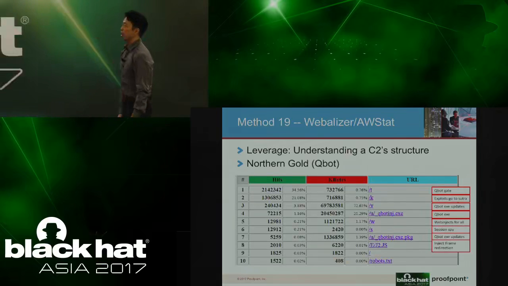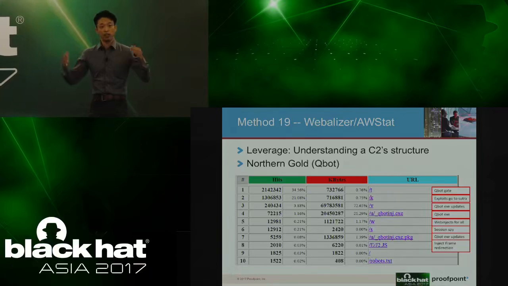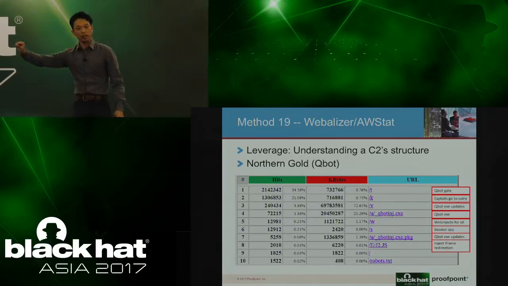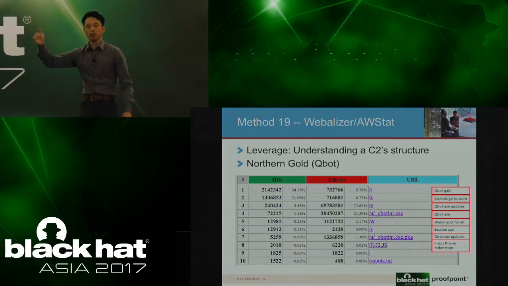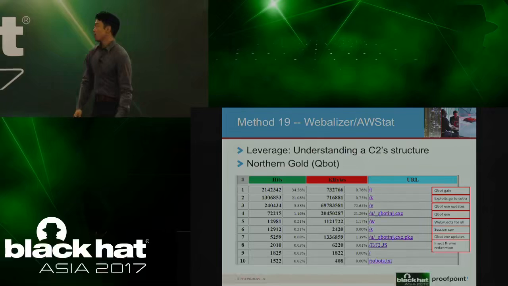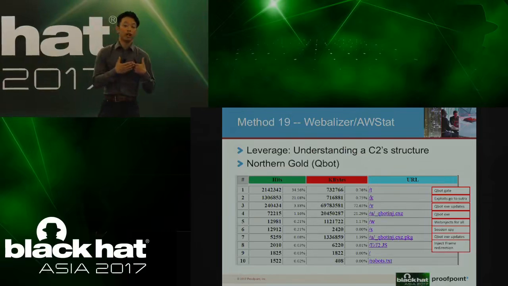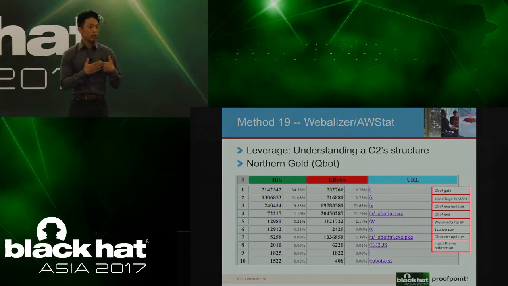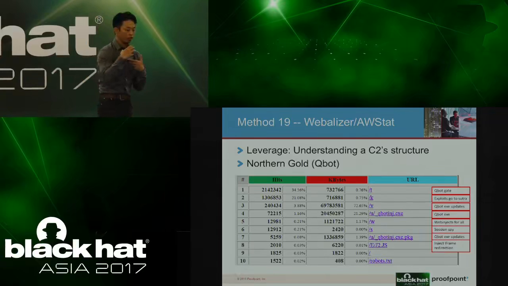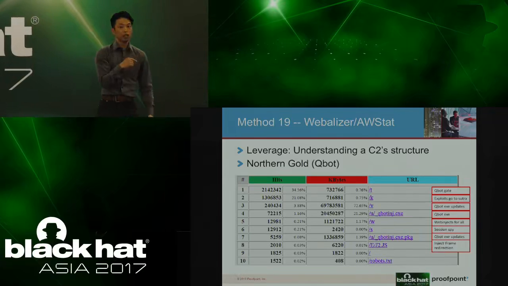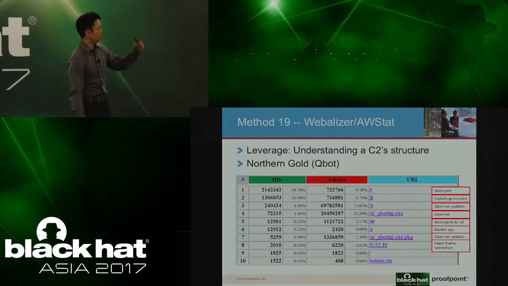Because from these web logs, access logs, you would immediately see that this particular URL is the most frequently accessed, so it's probably their command and control heartbeat from their botnet to this command and control panel. It'll tell you a lot of things, and sometimes they host malware to be downloaded directly on this command and control server. And if a lot of malware gets downloaded from that single URL, it's going to be a very frequently accessed URL, and it will also show up